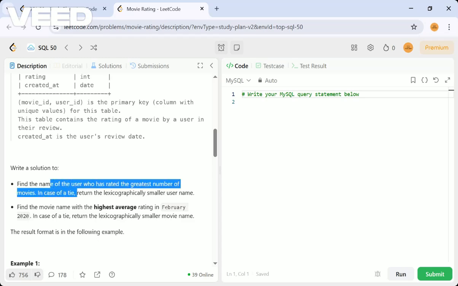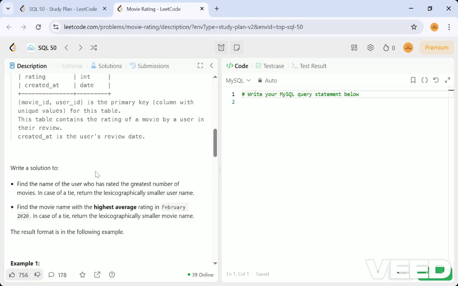In case of a tie, for example the second user and third user have both rated two movies, then return the lexicographically smaller username. Whichever is the smaller username, that is the name they want.